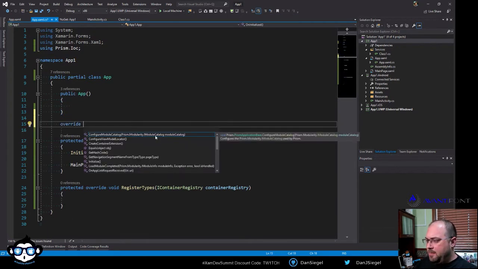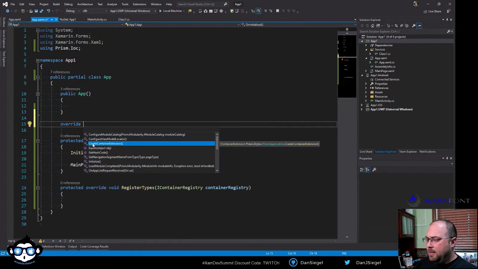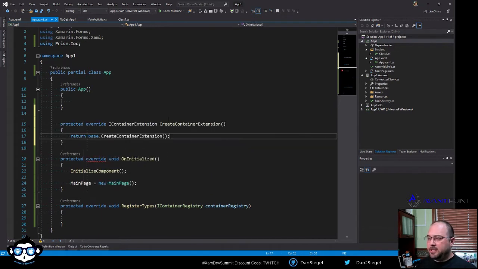So we'll see here, you have a bunch of methods that we can override. And one of them here is this CreateContainerExtension. Now, because I brought in the extended version of Prism DryIoc, I don't have to do anything else. I'm done. But let's just say that you wanted to use the container extension that I have for DryIoc that has no reference to Prism Forms or anything like that. You could do that, and you would just need to override this CreateContainerExtension, and you would,